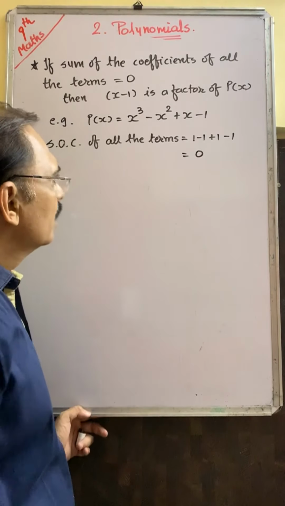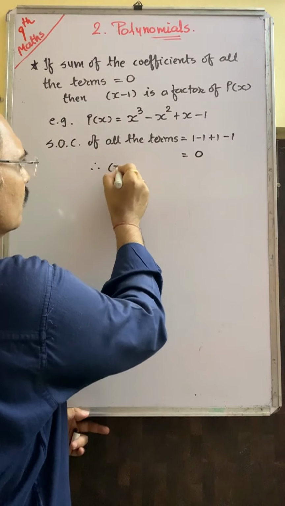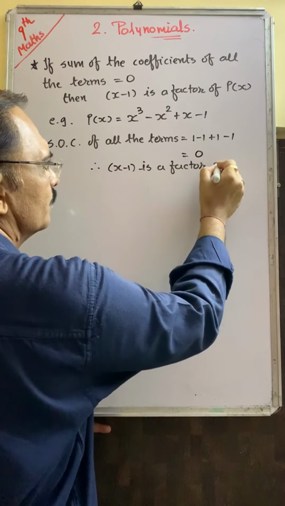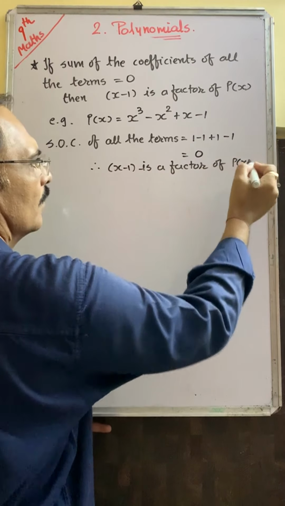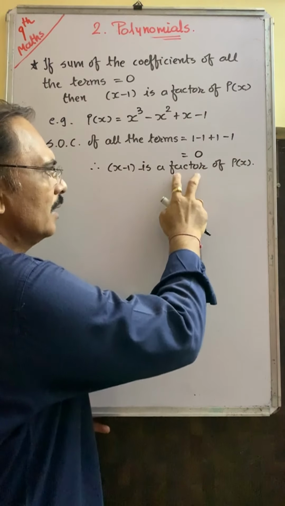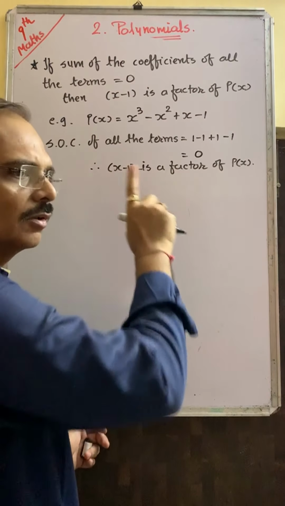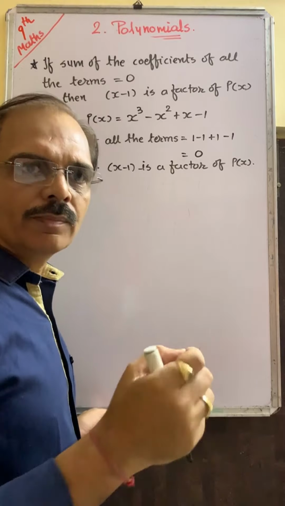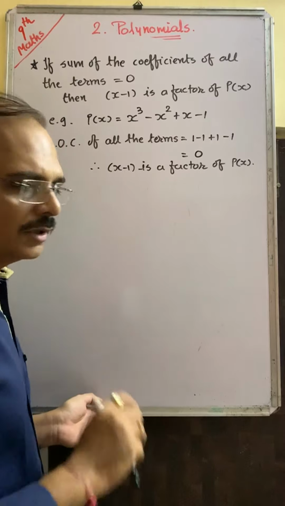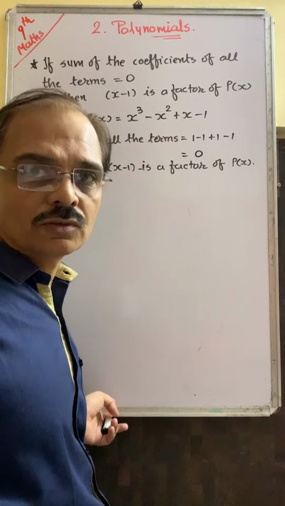So in this way, if sum of the coefficient of all the terms is 0, then you can say that x minus 1 is a factor of given polynomial. Okay? So this is the rule. You know that if x minus 1 is a factor, then its remainder is always 0, means p of 1 is always 0. Okay? Now suppose the question,